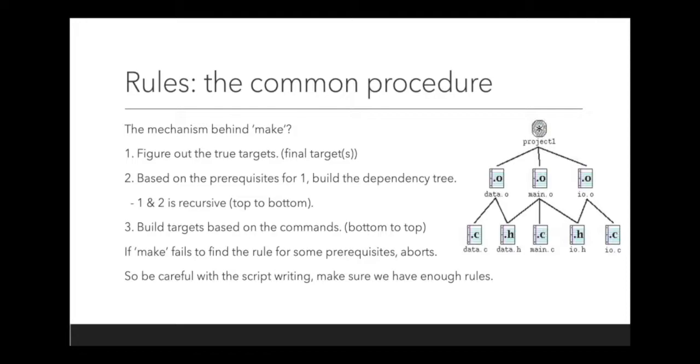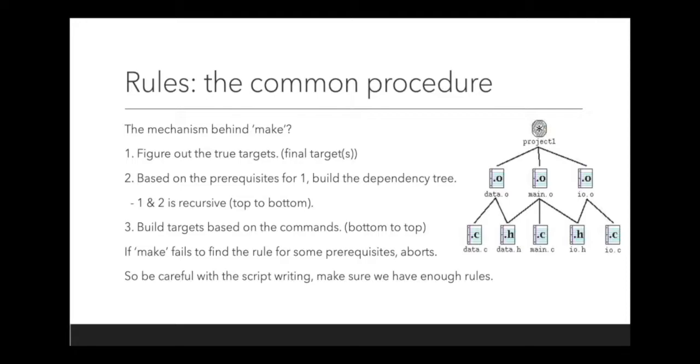You may see project depends on the 3 object files, and each of the object files depends on several source files or header files. Make will build targets based on the commands from the bottom to the top. So make will find data.c, data.h, all the header files and the source files to make the object files on the second level. And finally, use the 3 object files to make the final project, which is project 1